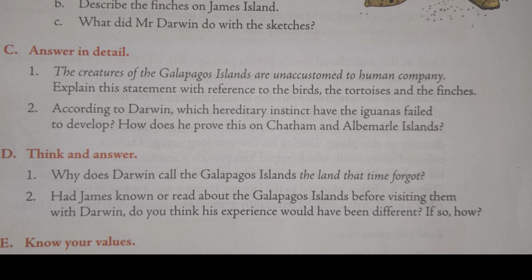So it would give more time to Darwin to research and observe the species, and also James would have pet them and would sit together with the birds because the birds were not flying away from them. So the answer that you can write down your own as well. Just you have to make some points.